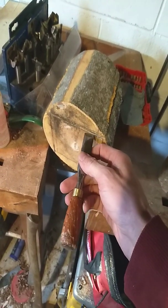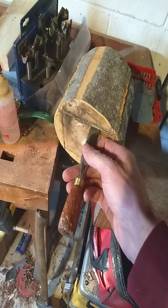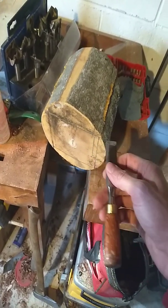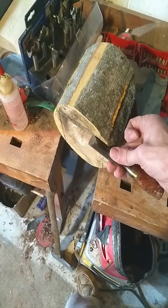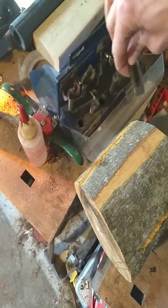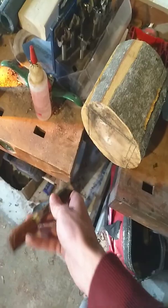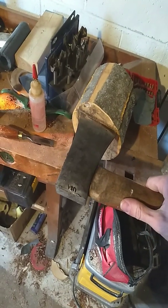I took my chisel and I went pop, pop, pop, one chisel length at a time. I did it at the other end on my line, pop, pop, pop, and then I did pop, pop, pop all along, making sure I was going parallel to that line there, just pops. And I went around like twice with the chisel, around the whole log, and then I started to pop it with my axe, with a mallet,